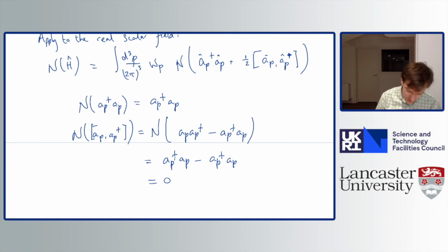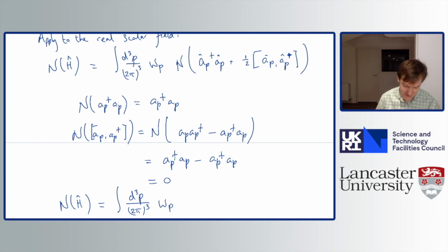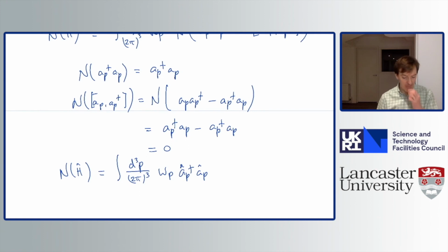Okay, so in other words, this normal ordered Hamiltonian is the Hamiltonian, but without this infinity problem we had before. So it has removed in a systematic, controllable way this delta function term that was giving rise to this problematic infinity